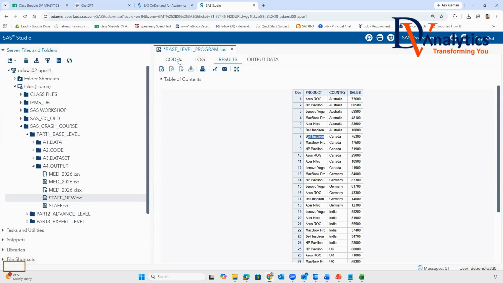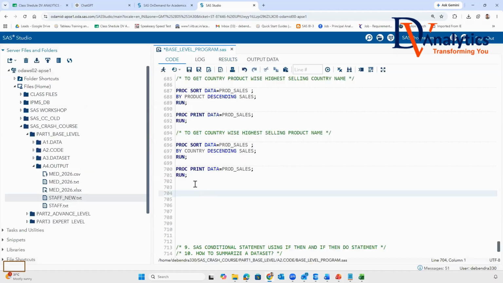Are you getting this, everyone? Yes or no? Yes, sir. Now the next question is coming. In real-time work, we write the program without hampering the master dataset. What does it mean? It means